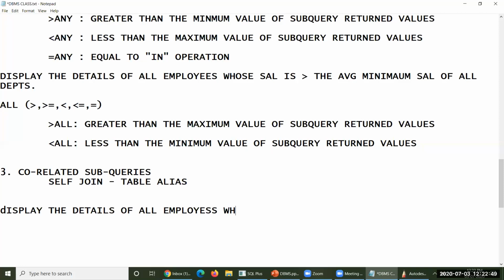whose salary is greater than the average salary of their department. Probably their department has its own average salary. The people who are getting more than the average salary of their department, not other departments or the whole organization's average salary. Each department has its own average salary. If you want to get such kind of data, then you have to go ahead with